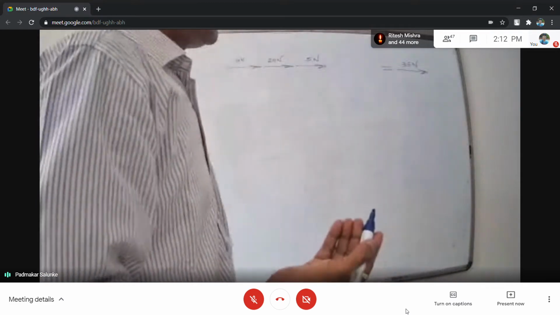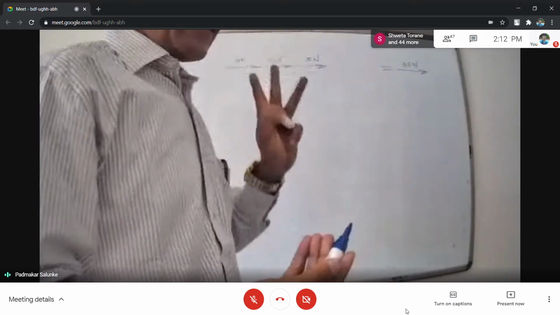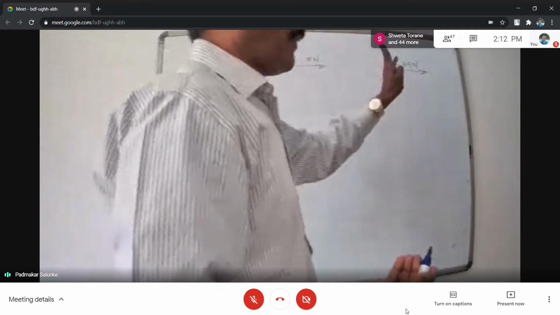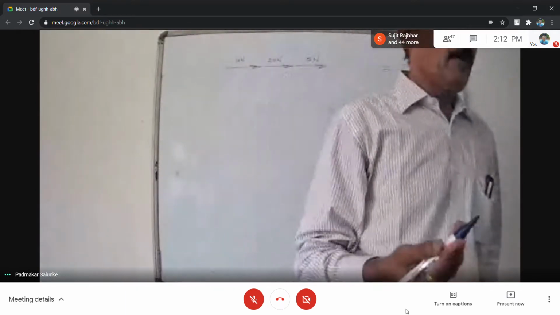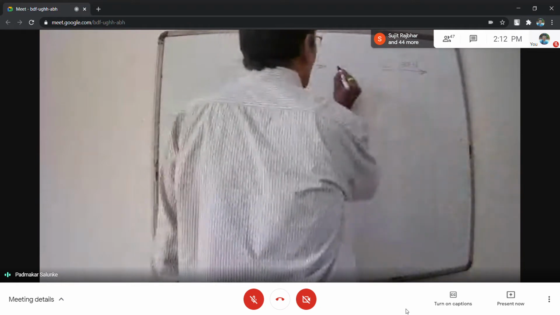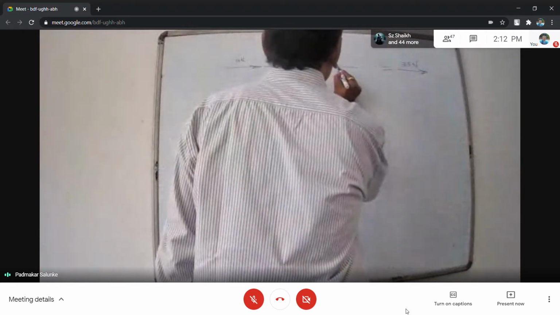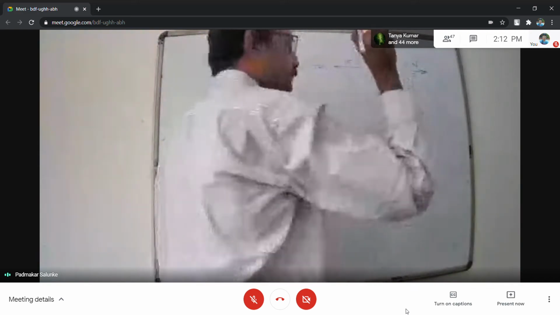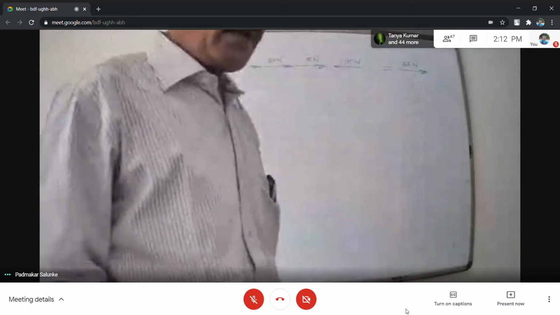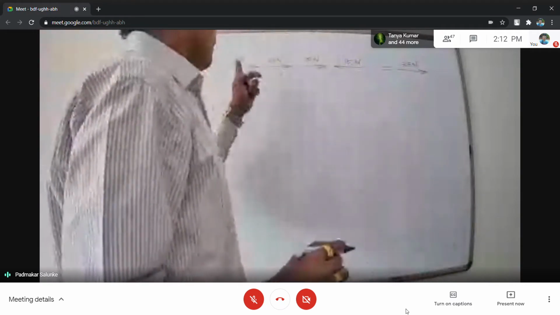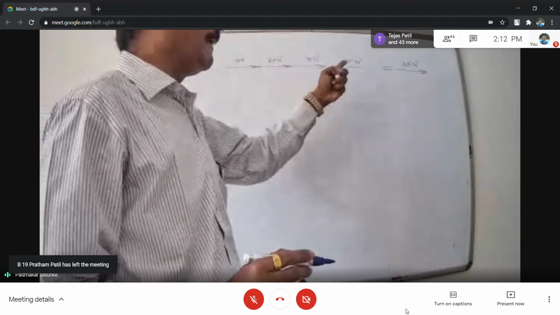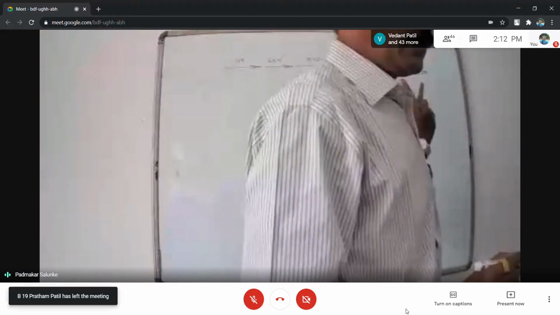So look for the answer. What exactly are we doing here? To the right we are considering as positive: plus 10, plus 20, plus 5. Final answer is 35. For example, in this force system, there is one more force which is directed in the opposite direction, and its magnitude is 15 Newton that I have added. Then what happens? I have to use a positive sign for 10, positive for 20, positive for 5, but a negative sign for 15.